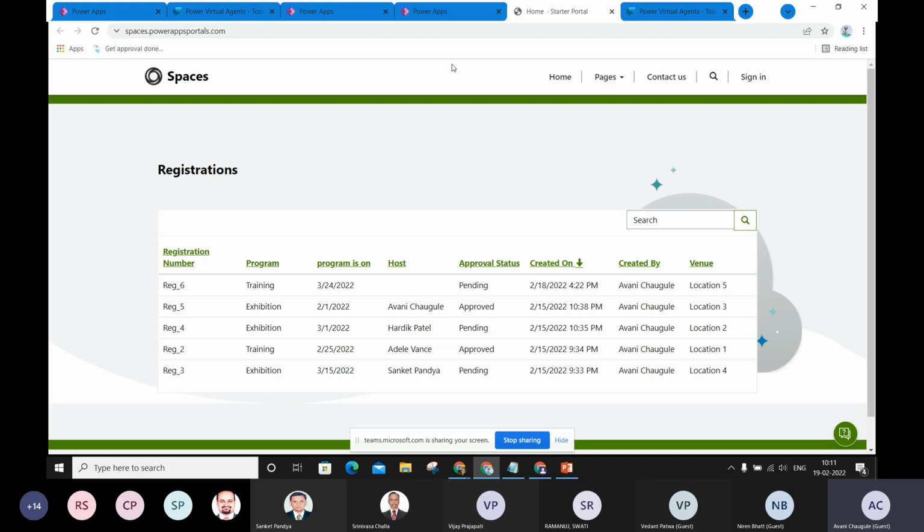Now, if any user comes in and wants to check, for a particular date, let's say 25th of March, if location 1 is available or not, or on 25th of February, if location 3 is available or not. So this is just a high-level overview of the portal, or the external-facing website,